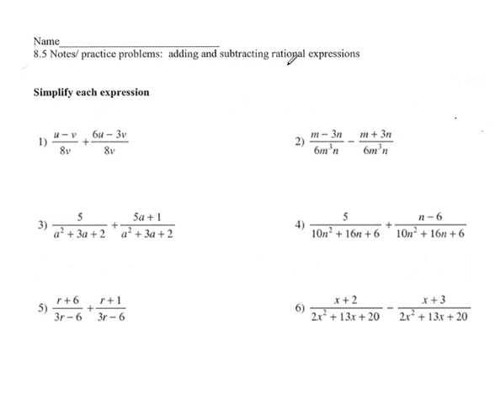So we need to simplify, and when we're adding and subtracting, we need to make sure that our denominators are the same. Right, so we've done simpler problems such as this. If I wanted to add 2/3 and 5/6, I need to make sure those denominators are the same before I add them. So I could make the same denominator as a 6 by multiplying by a form of 1, 2 over 2. 2 times 3 is 6, 2 times 2 is 4. So I would get 4/6 plus 5/6